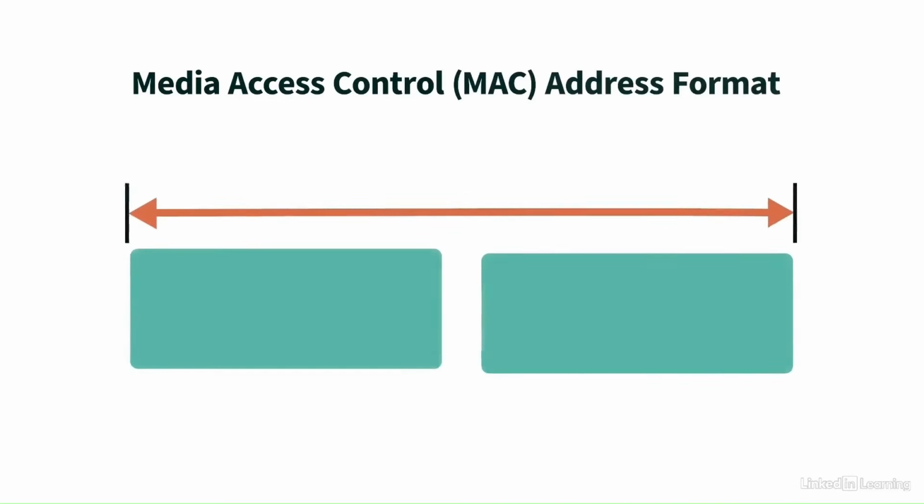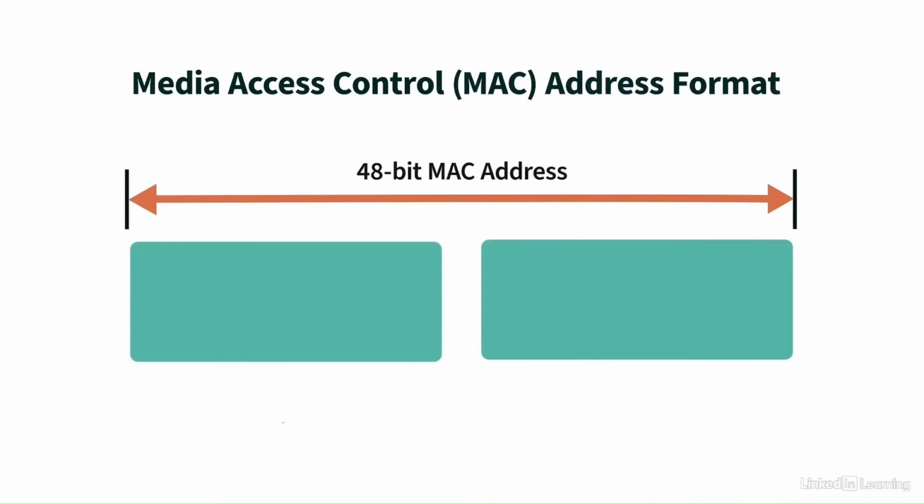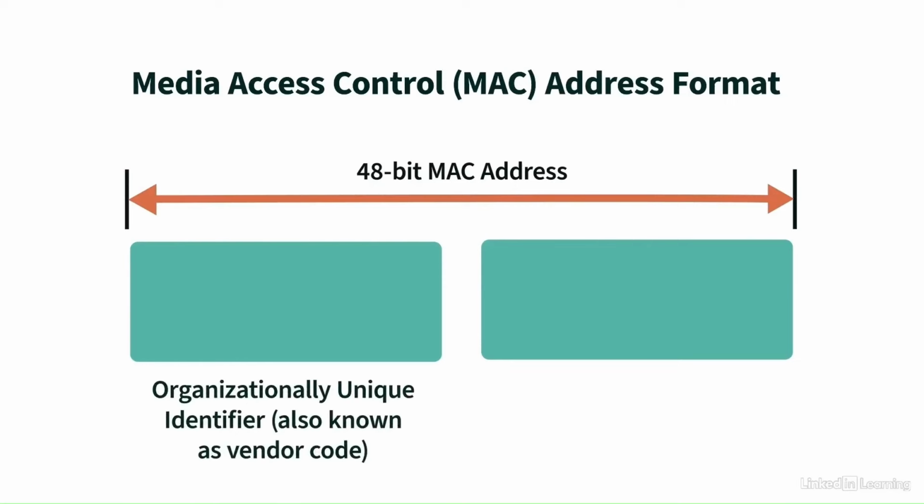In fact, let's consider the structure of a MAC address. A MAC address is made up of 48 bits. And those 48 bits are divided into two different groupings, 24 bits each. The first 24 bits are unique to the specific manufacturer or vendor. Those bits are called the OUI, or Organizationally Unique Identifier. The OUI is also commonly referred to as the vendor code. And we're going